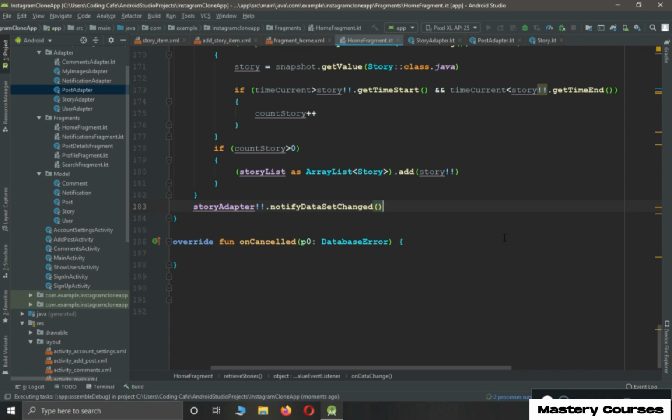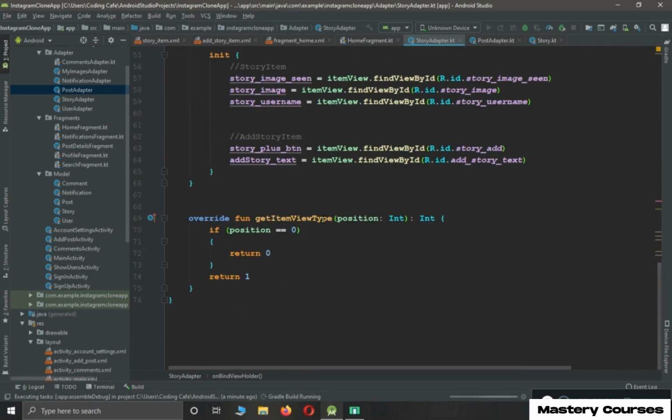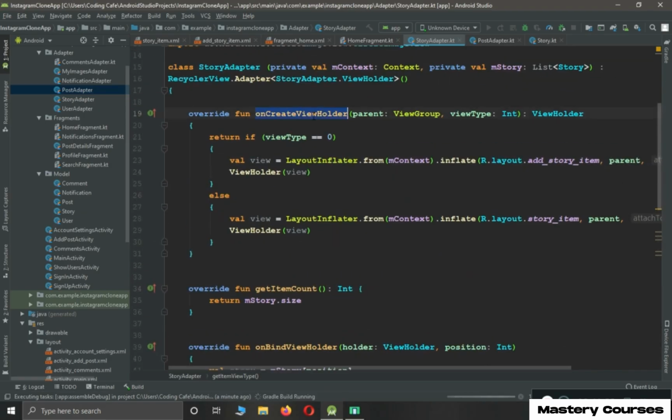Now one thing, till the Gradle build is running, let me tell you one more thing. In our story adapter, we have this get item view type, and we add this because we want to differentiate between the story item and the add story item. The 0th index represents our add story item and the 1 index represents our story item. On the basis of this we access these two views: add story item at the 0th index, and else, meaning other than 0, so 1, the story item. So what it means is that when we will be displaying the stories on our home page,